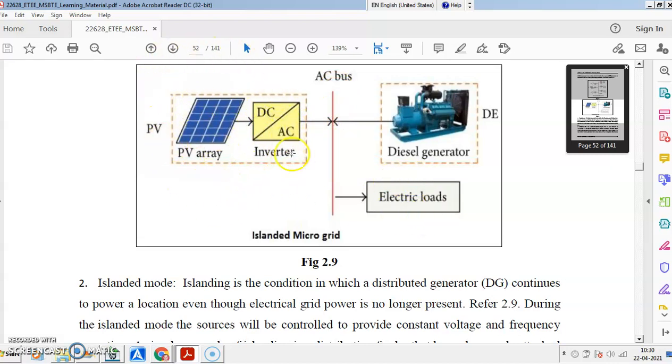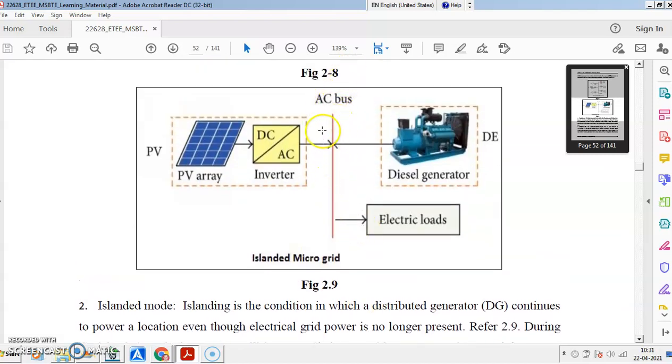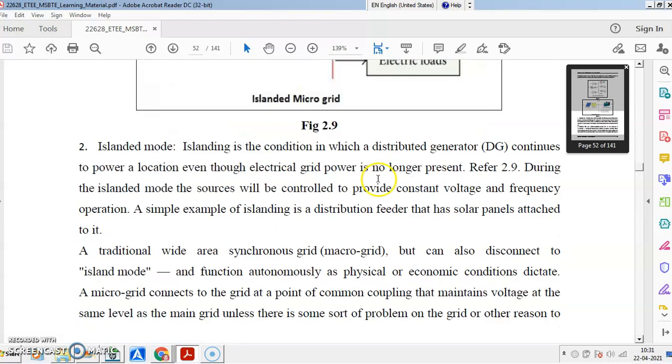This is the micro generation, and this is another micro generation. You can meet the requirement of the load with the microgrid which is working in islanded mode. Okay. If everything is okay, if the grid is okay, at the point of coupling here, you can synchronize this micro generation or distributed generation to the main bus. There may be import and export as I told earlier. Okay.